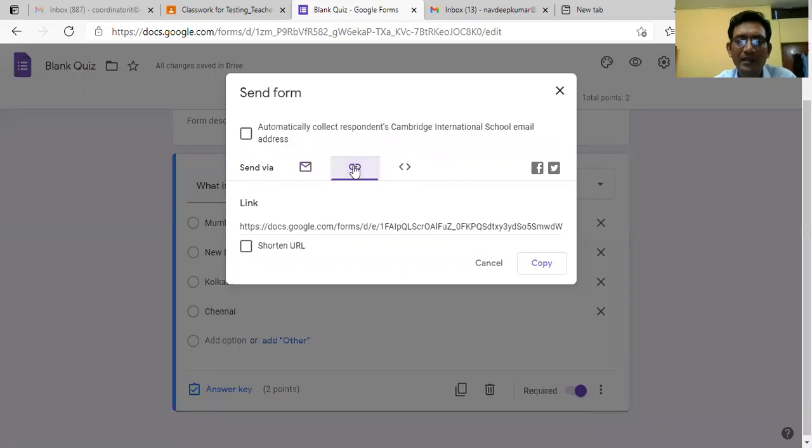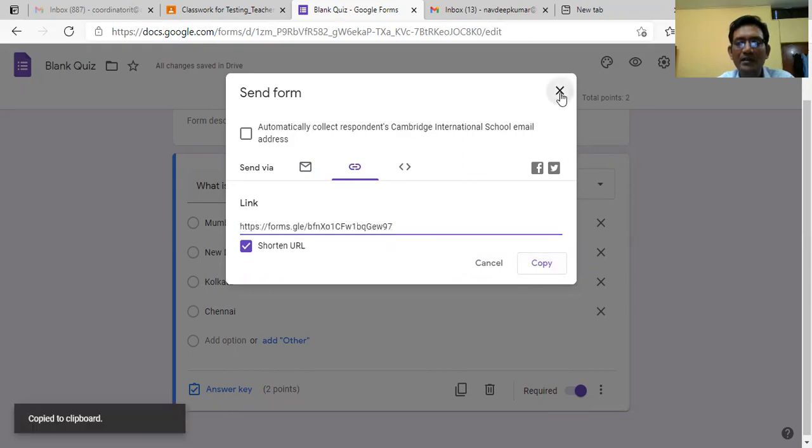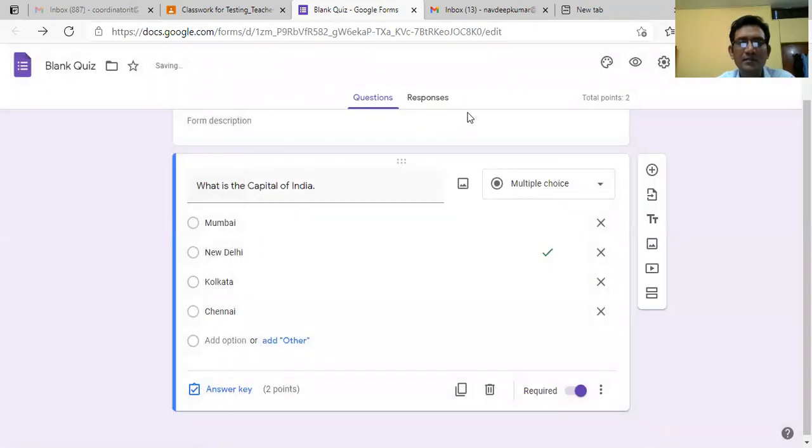From here the link is created. You can copy the link, and if you want to shorten it, this is very important, we can use the shorter link. A shortened link is very handy because it is very easy to post when we are making a post on Facebook or anywhere we are posting. So just copy this one. And let's say we want to share this link.